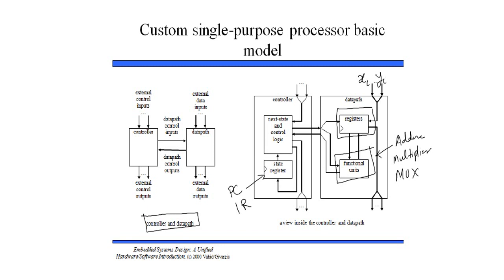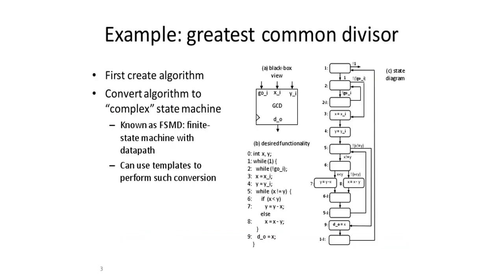So the control signal will send a signal to perform the addition, and in that particular state it will perform the addition, right? So if I write the algorithm, what will be the algorithm? Before defining any control unit, let's define it by a black box, right? So it is a black box named GCD. Okay, so this black box has some input and output, right?